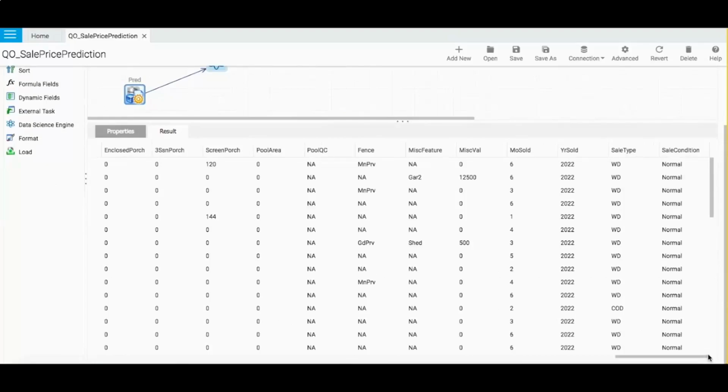So the next step that you see here is the data science step. Let me scroll up.